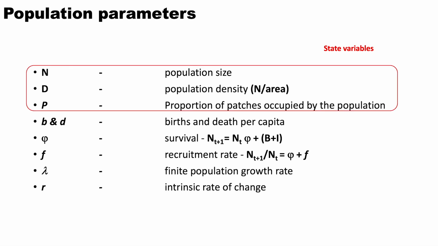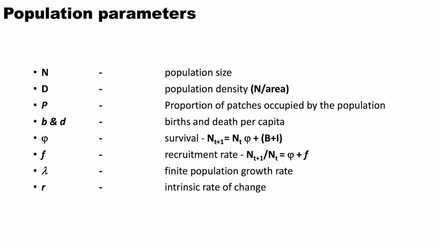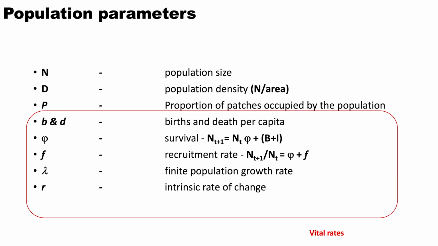State variables are usually based on one-time sampling, and they give you some information about the current state of a population. It doesn't tell you anything about whether it's growing, whether it's declining, or anything. All these terms give you some sort of snapshot of a population, right? Whereas the vital rates are derived from usually multiple years of data. So you monitor a population over many years, and then you try to understand how that population is changing, right?